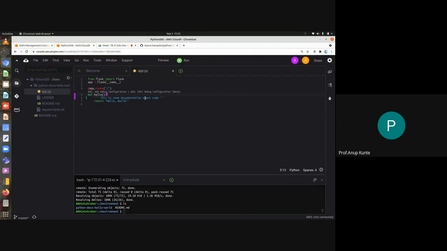So what is the benefit of this? This code base is on one machine, so that whatever changes they are doing are reflected at once in the same code base. Okay, so whatever updations are done, they are quick, fast, and shared with all the respective parties who are working on the code. Okay, understood this? So this is about how to set up a Cloud9 environment, Cloud9 IDE, and how to use it